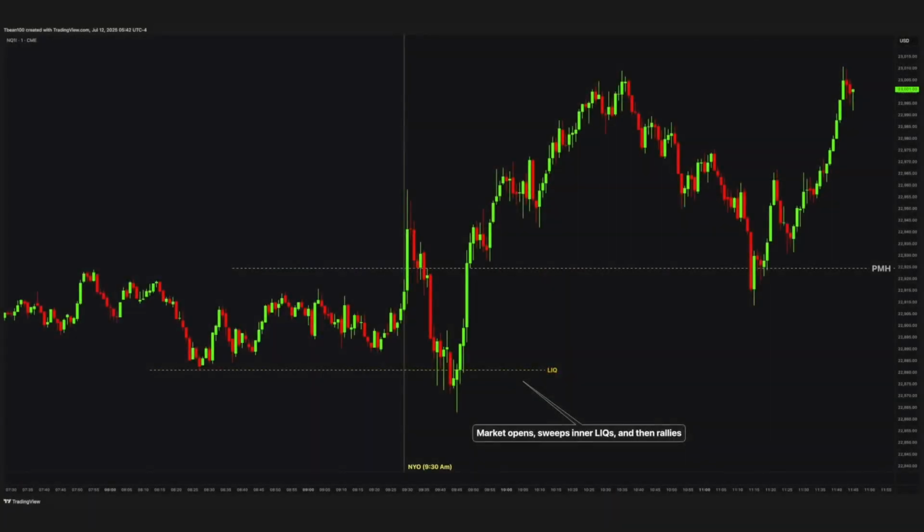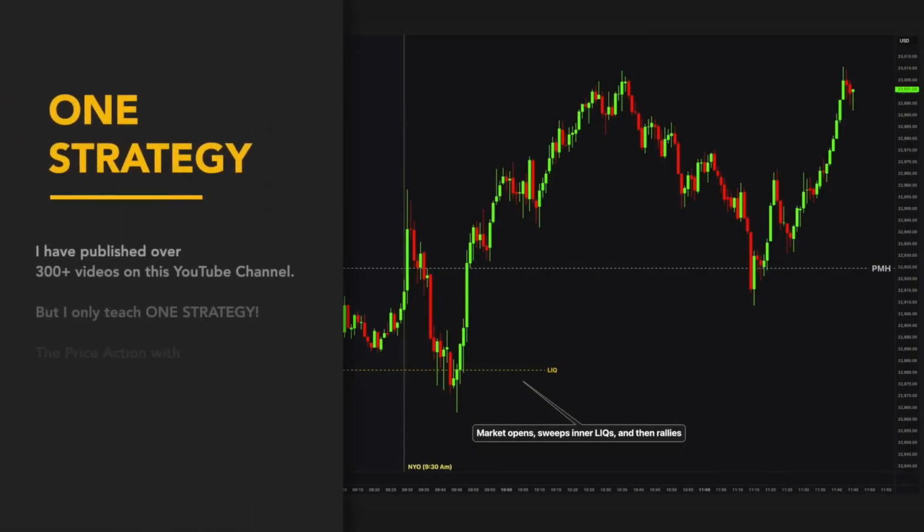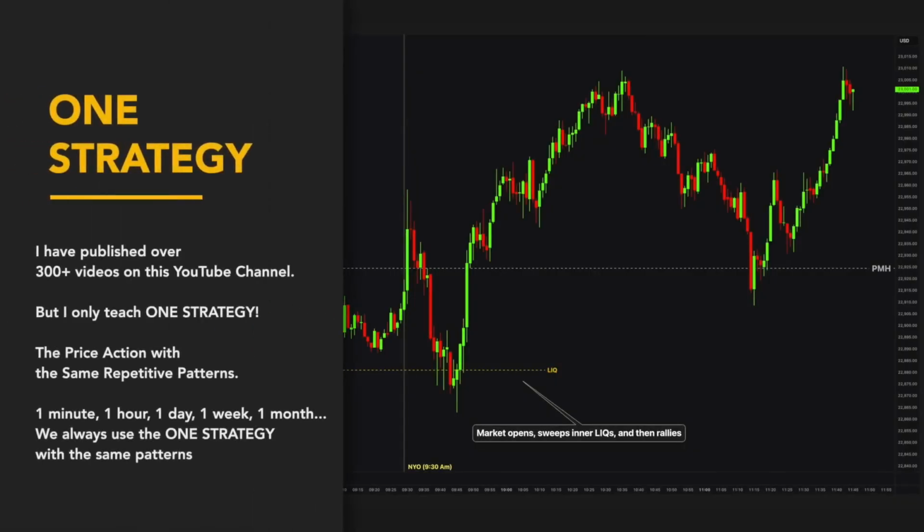Now, what about 1-minute micro scalping with the Nasdaq after the market opens? Do we use another pattern or